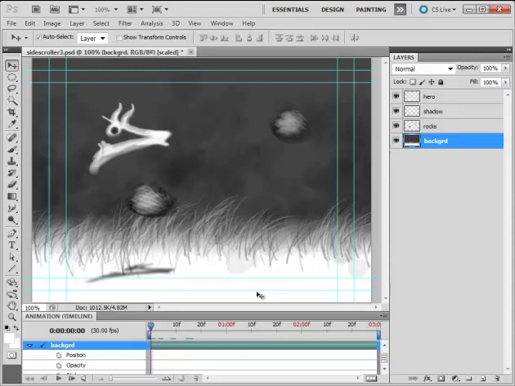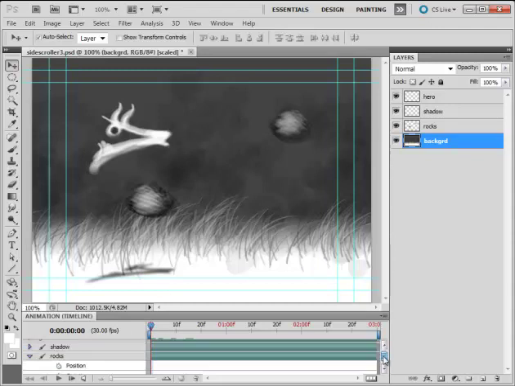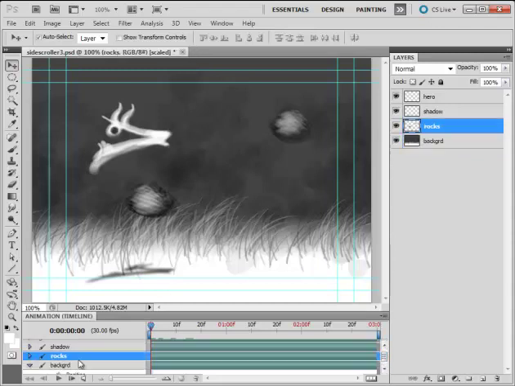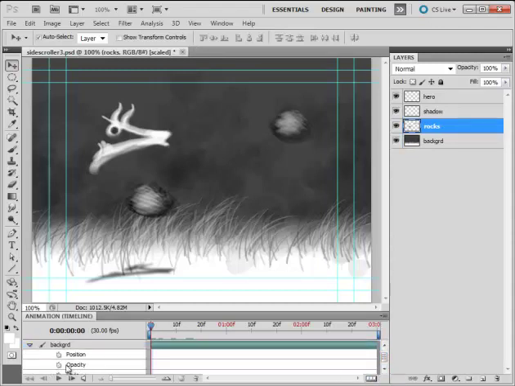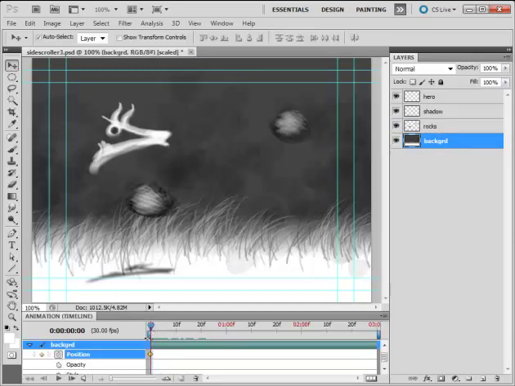Alright, so the first thing I want to do is animate the background. I'm going to find my background in the animation palette. And when I click on the stopwatch, it's going to create a keyframe. I'm going to create a keyframe for our starting position. Click, keyframe. So at time 0, we're here. To create a new keyframe